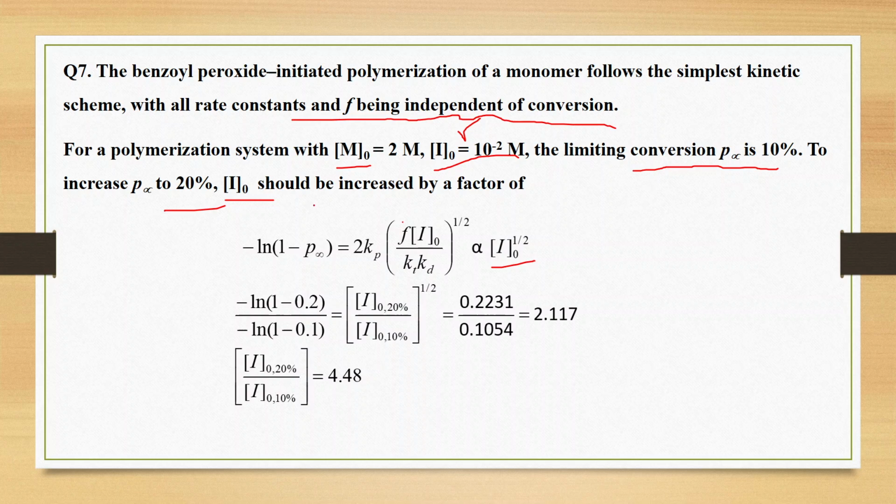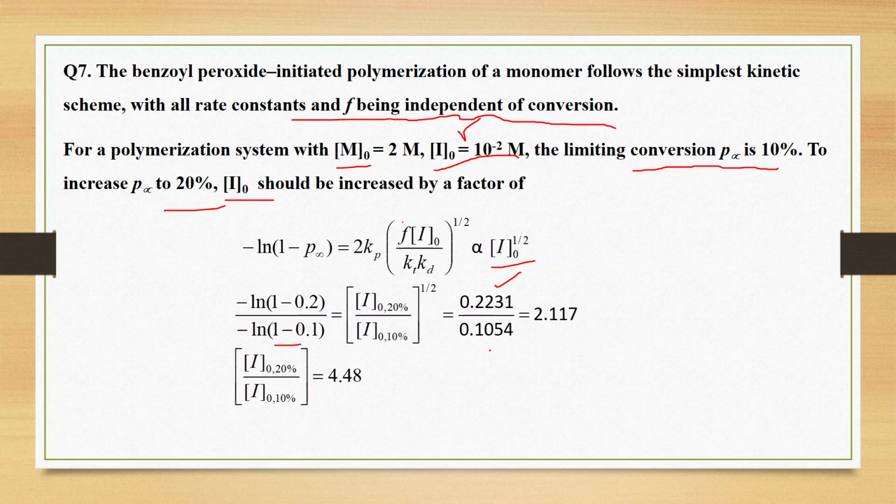So you then just have to change it from 10% to 20%. So 20% means 0.2, 10% means 0.1. So that will be proportional to I0 for 20% and I0 for 10%. Now you just have to calculate this: minus ln of 1 minus 0.2, that will come 0.2231, and minus ln